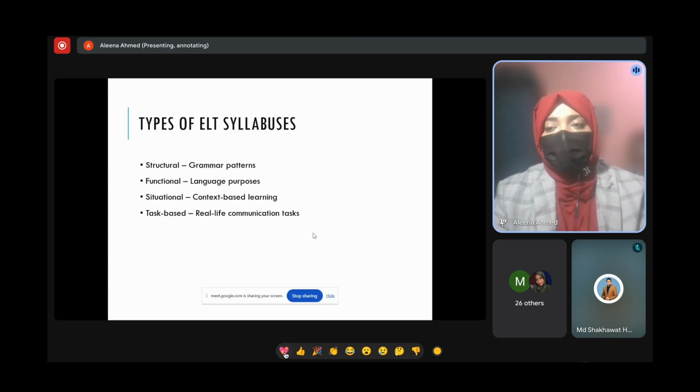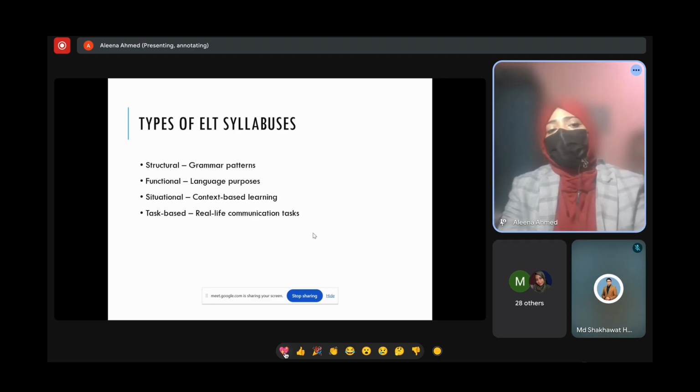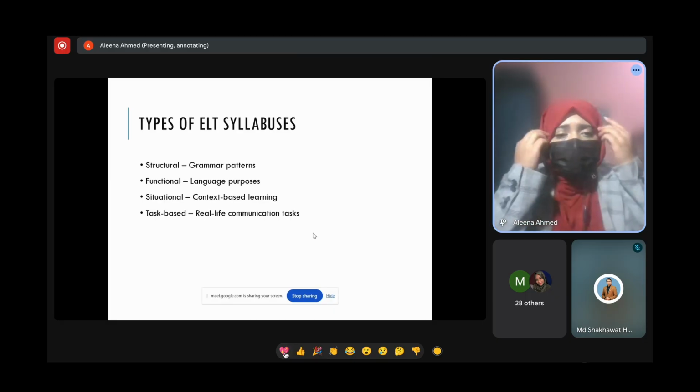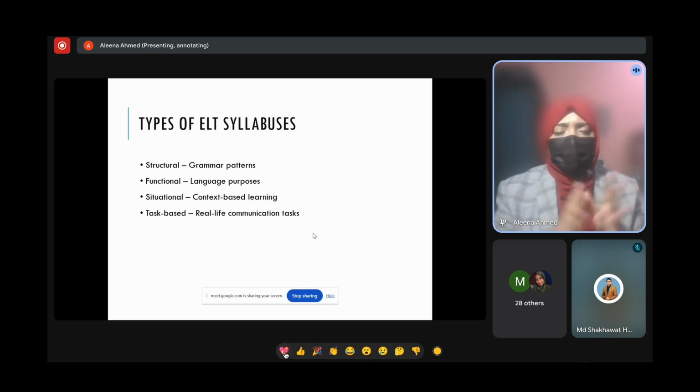And this is how the students, again, practice it again and again, drill it in the class, memorize it with louder voices as a group or as an individual, and then put it in the exam. Same, maybe the answer of the definition, or maybe a word in the fill in the blanks, or maybe they can match the columns. Now, we all have done the structural and functional in the past, and we have known very well that these are not very productive syllabuses, and these are not very effective.